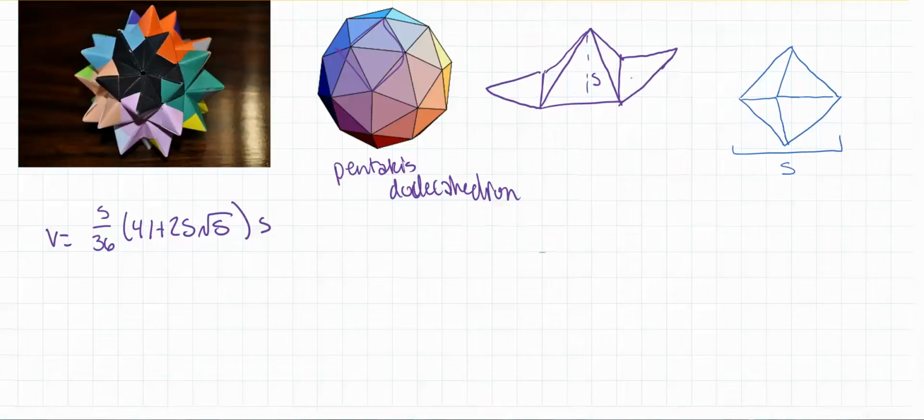And the volume for a pentakis dodecahedron is V equals 5/36 (41 + 25√5). So you calculate that, and then you add on the volume of these spikes, which can actually be calculated by